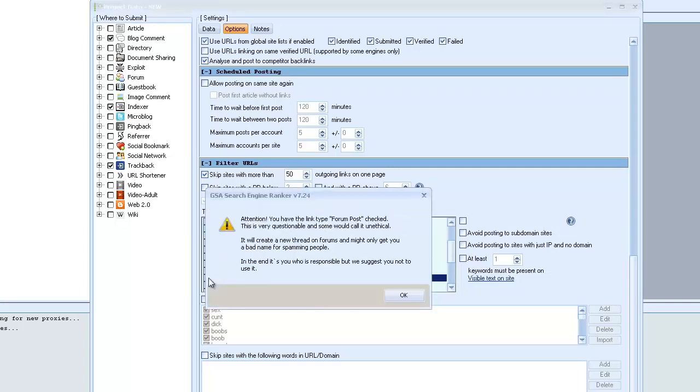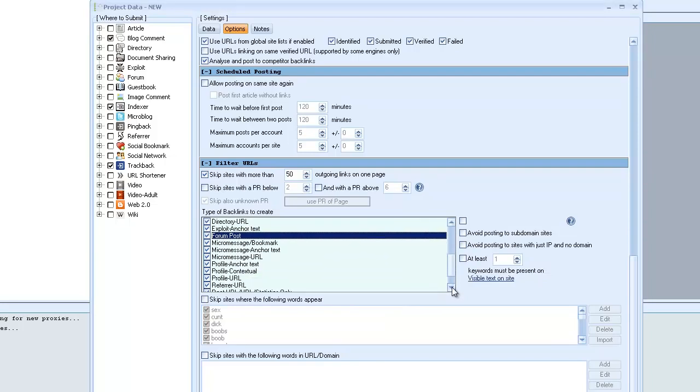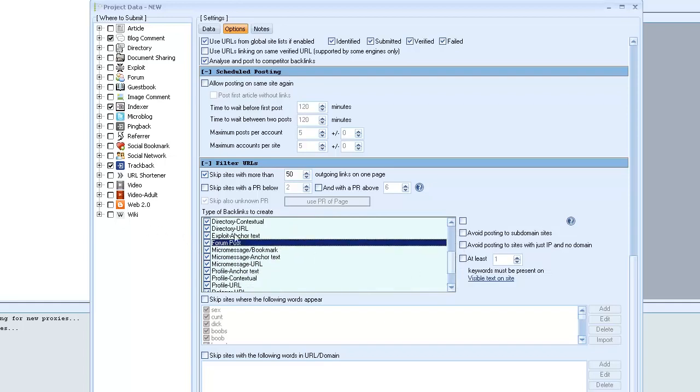So if we uncheck it, GSA is trying to say that forum links are kind of spammy, and it just wants to make sure you want to add those. Some people like them and some people don't. If you agree with GSA, and you don't ever want forum links, then here's the place to uncheck them so you don't ever get them. But